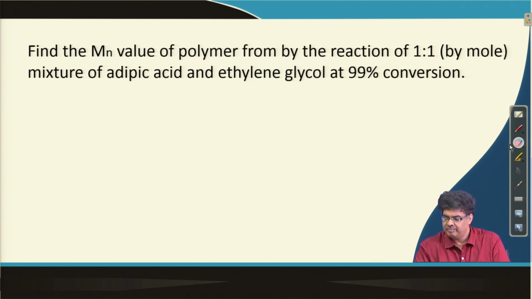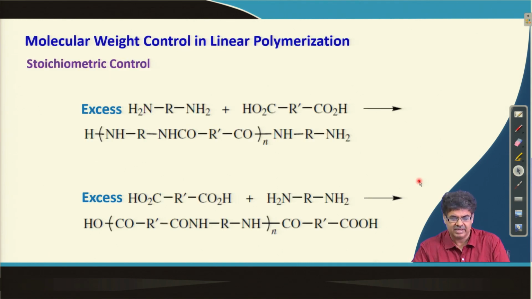Now, we will go to the next case where one of the molecules is present in excess. As we have seen in the last example, we can control the polymerization to control the molecular weight, like if we control the p value, then we can control the molecular weight. But one problem is there: controlling the molecular weight using just the value of p, at the end we get a polymer having functional groups present in the polymer.